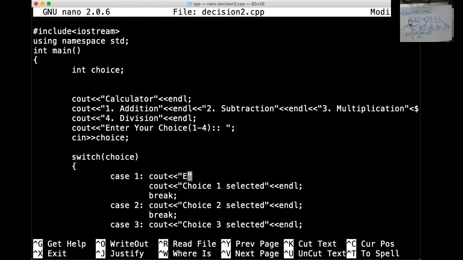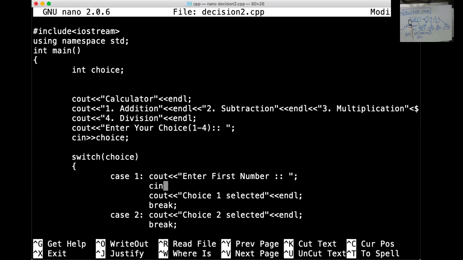So the addition program, enter first number and then cin a, or enter the two numbers directly. We can put it here, enter the two numbers A and B. Okay, two numbers I'm scanning at the same time, and then after that we can put it here